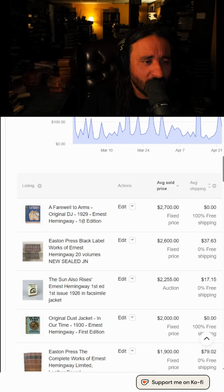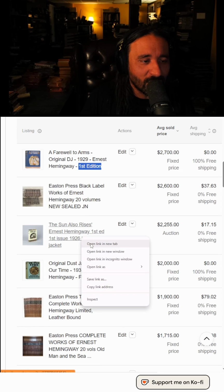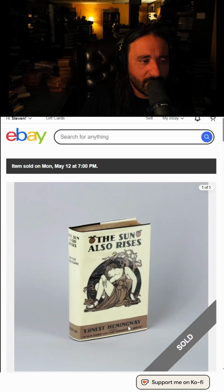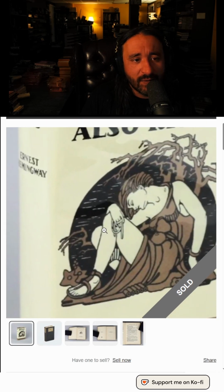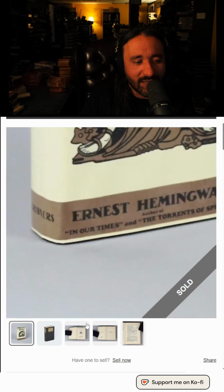So that's pretty. First edition, 1929. So Easton Press, I won't pull up. You guys know what those look like. So this is The Sun Also Rises first print. So note the art. The art has the same vibe as the other one. This is a reprint dust jacket, but